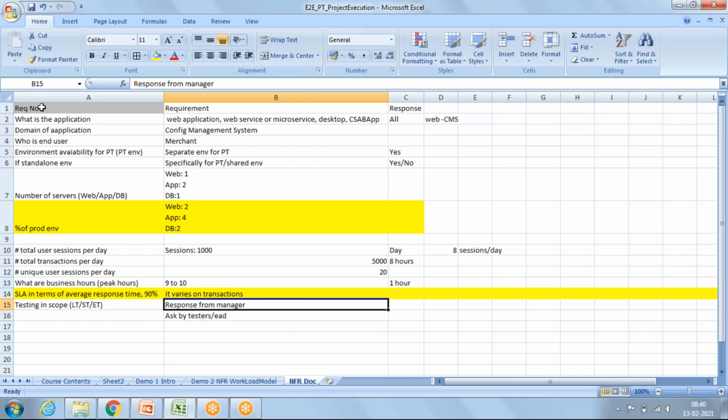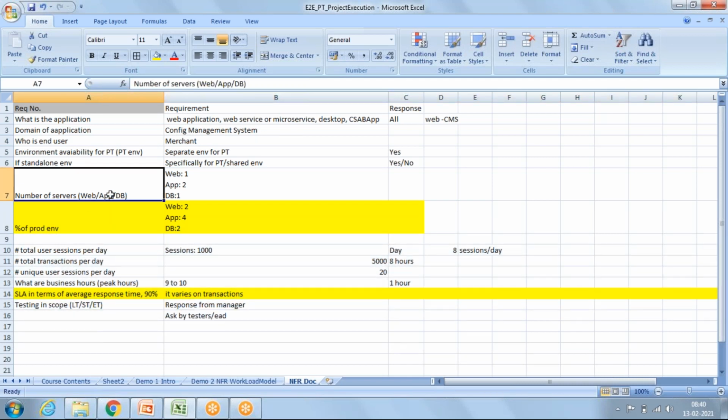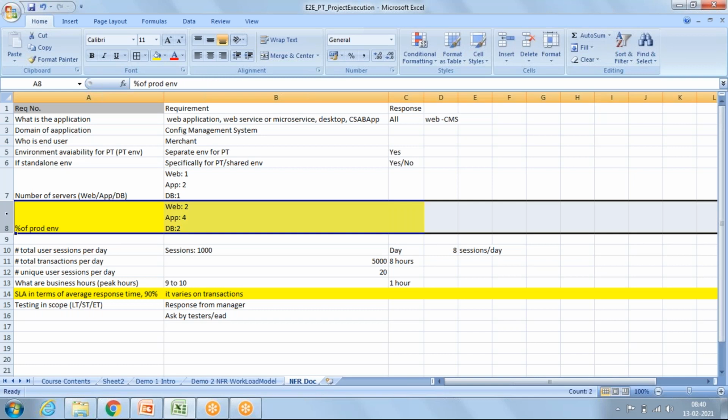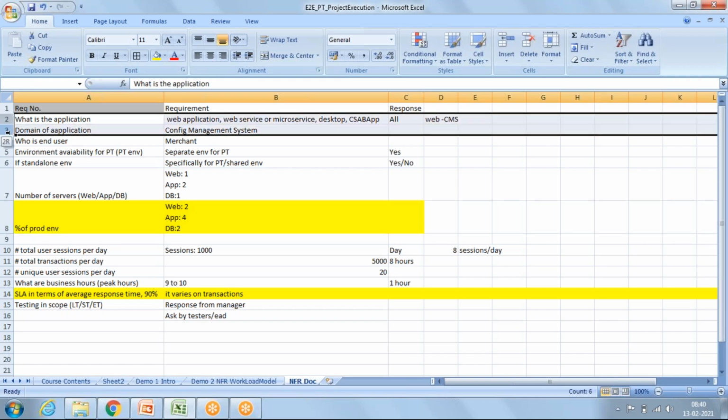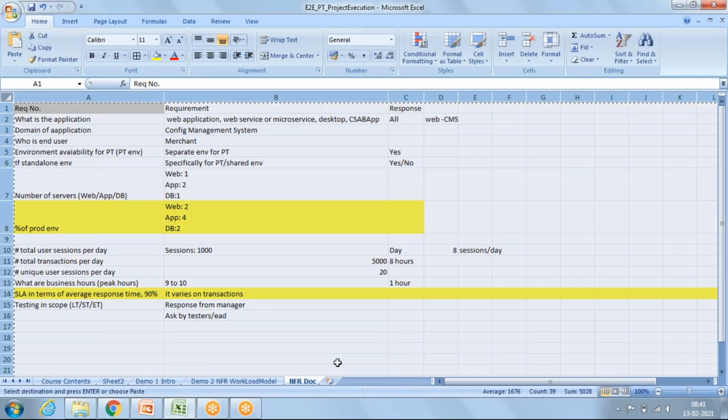And suppose we have an application that is going to production for the first time, then these values will not be available, right? This will also not be available. We have only these things. Let me copy this.